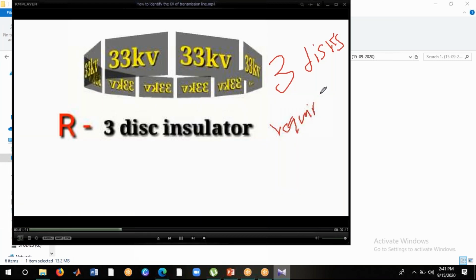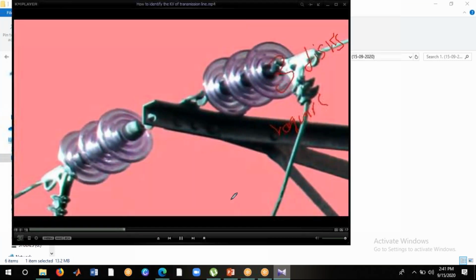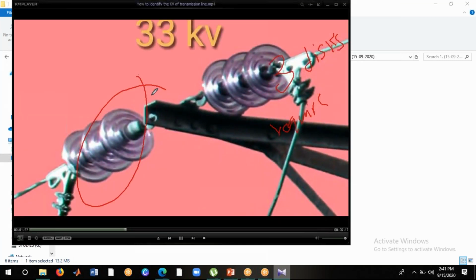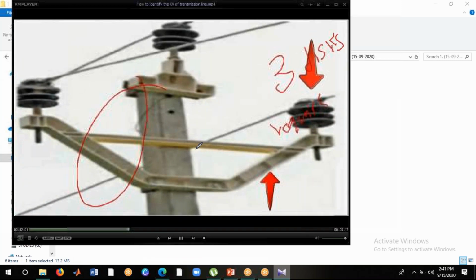3 डिस्क होंगे। उसी तरीके से वाई बी में भी 3 डिस्क इंसुलेटर होंगे। इससे हम लोग आसानी से पहचान पा रहे हैं कि ये हमारे 33 केवी की लाइन है। और अगर वी क्रॉस और इंसुलेटर से देखना है तो हम अगर गौर से देखेंगे तो 11 केवी से जो होगी वो थोड़ी बड़ी होगी वी क्रॉस, और आपके पिन इंसुलेटर भी 33 केवी के 11 केवी से बड़े होंगे। इससे भी हम लोग पहचान सकते हैं।